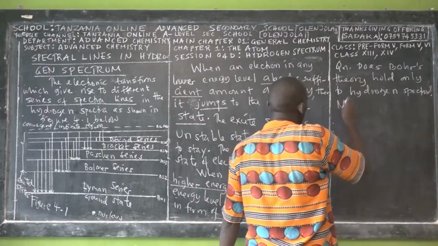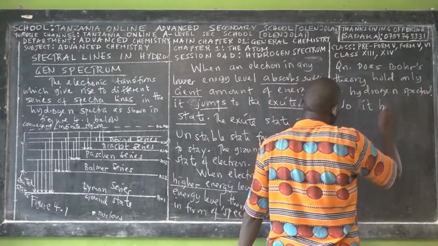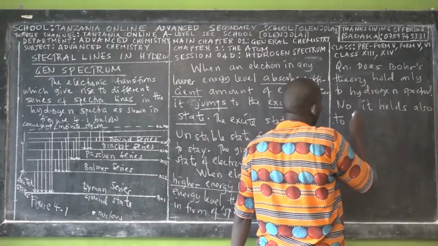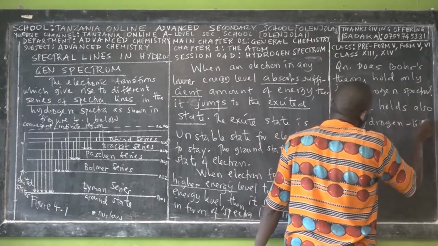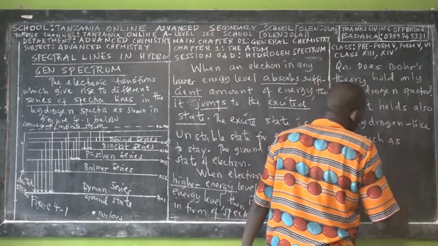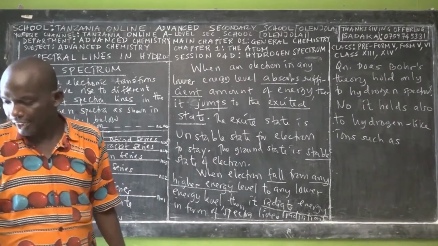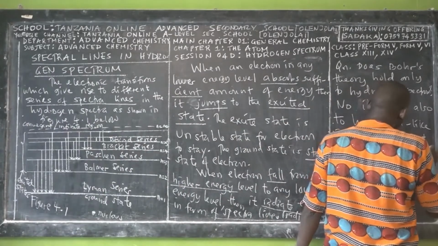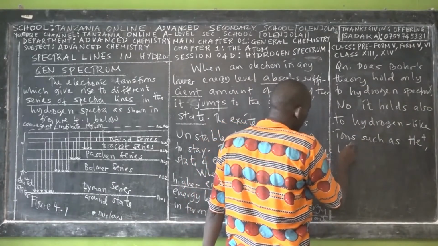No. The answer is no. But it also holds for hydrogen-like ions, such as helium ion, the ions with one electron. So it means that the Bohr theory can show the hydrogen spectrum of helium ion, and the hydrogen spectrum of lithium